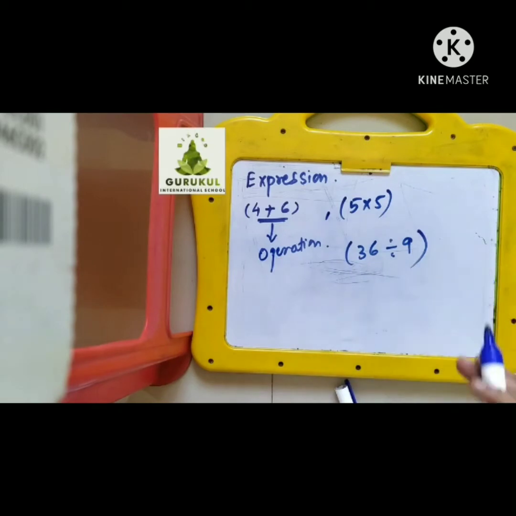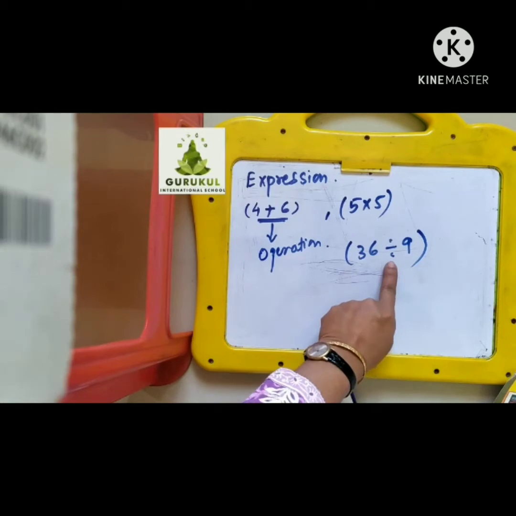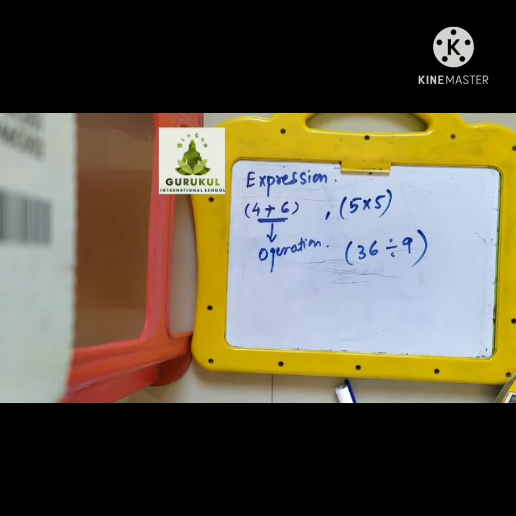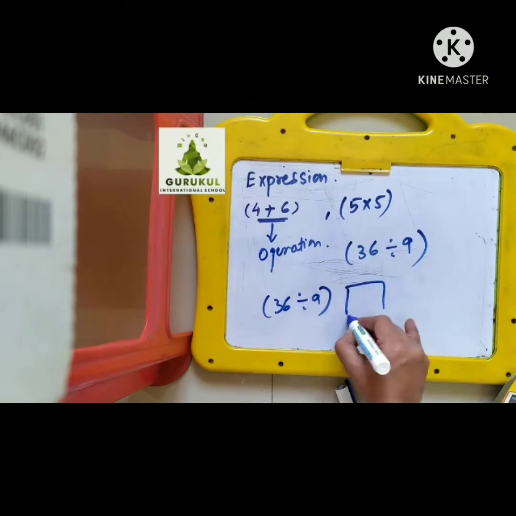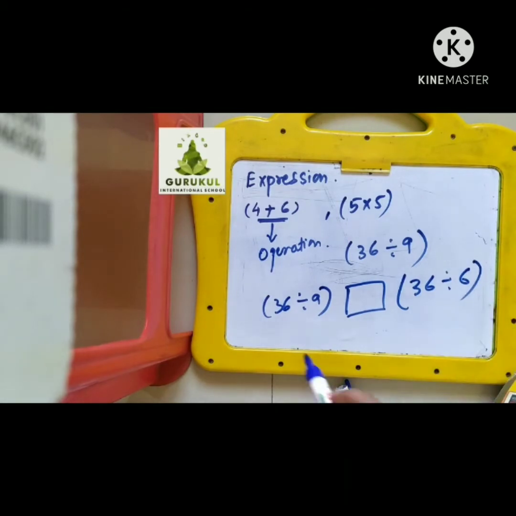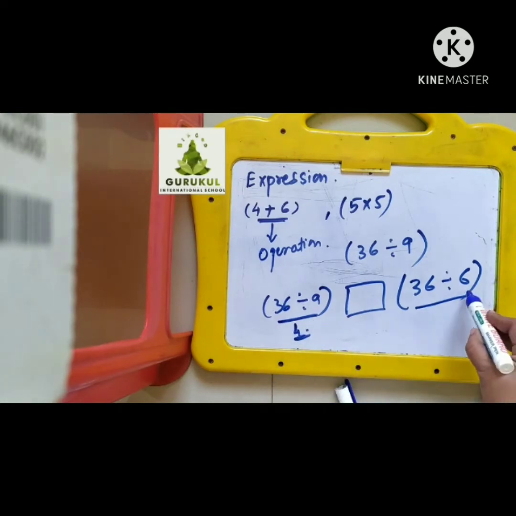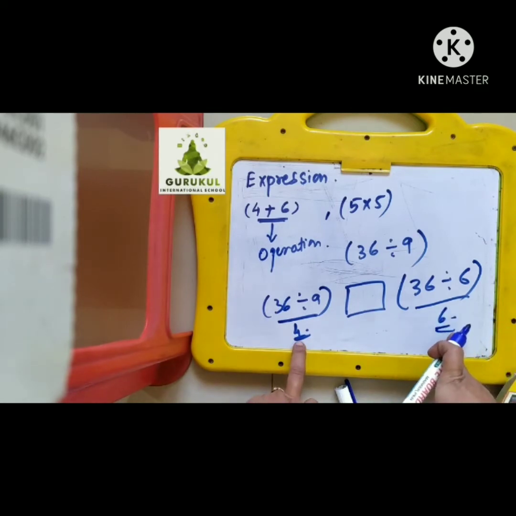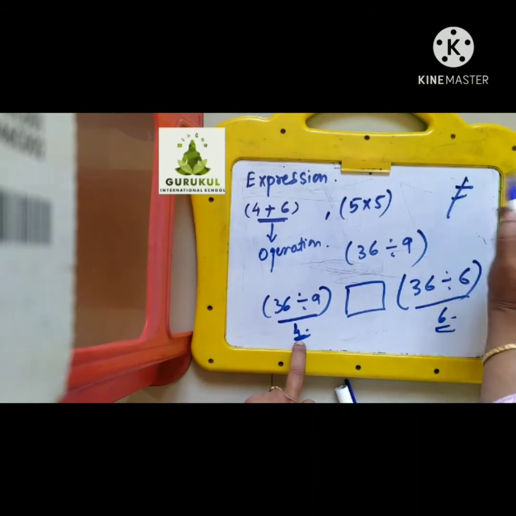Any kind of numbers arranged in the bracket for carrying out some operation, the term we talk about is the expression. So I can say here the left hand side expression and the right hand side expression. For example, you have 36 divided by 9 and 36 divided by 6. The left hand side answer you get is 4 and the right hand side answer you get is 6. Now both numbers are different, that means it is inequality, correct?